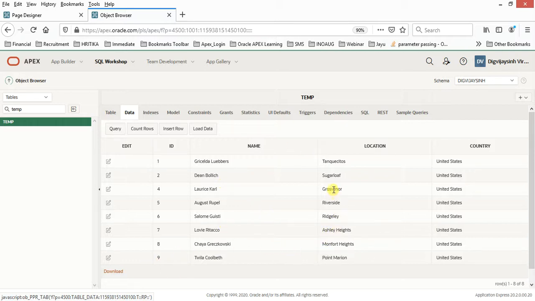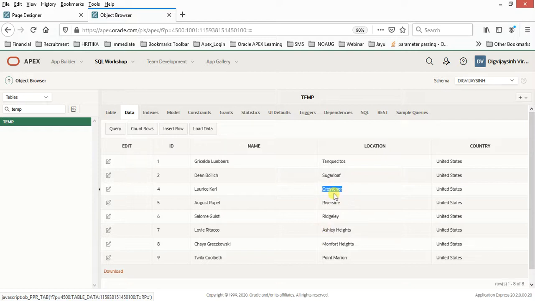Let me just copy one of the items. So what we want is to display all of these records with one checkbox. And if somebody has checked that particular item, then we want that item to be deleted from the database, right?